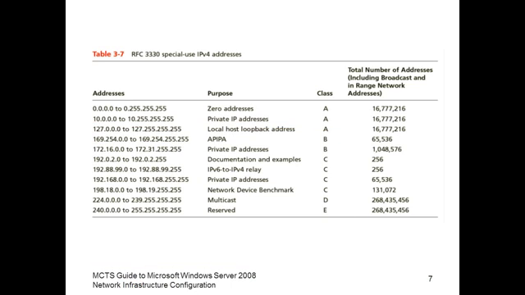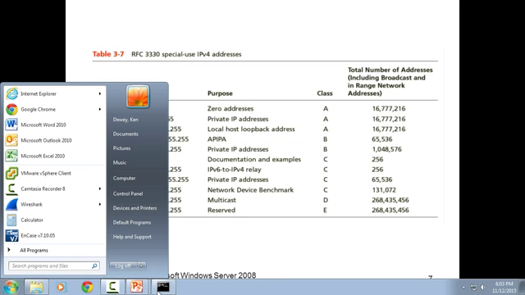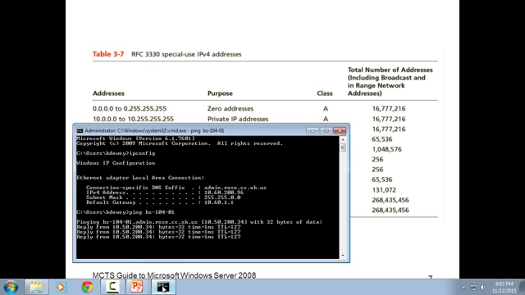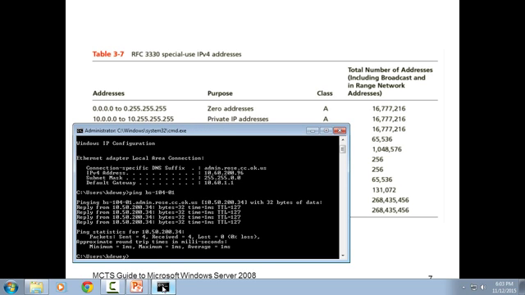127 is loopback. Let me show you what loopback does. Say I want to ping BS-104-001. That's my office machine. What I'm doing is sending a request to my office, and it's coming back and saying Ken's computer is online. It's an easy way to test your network. But you can also ping